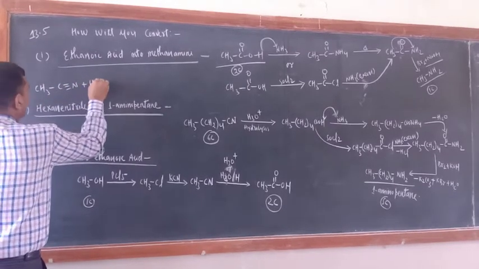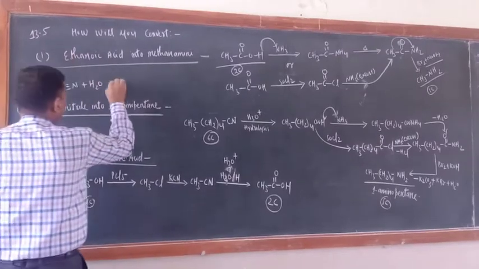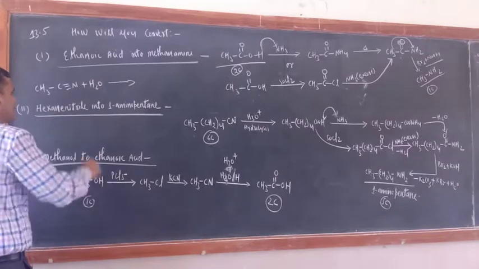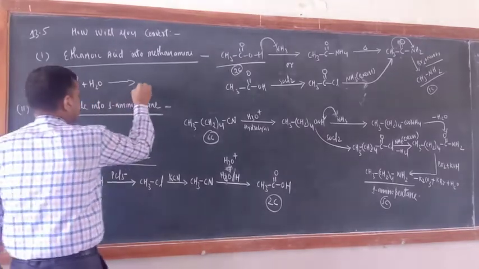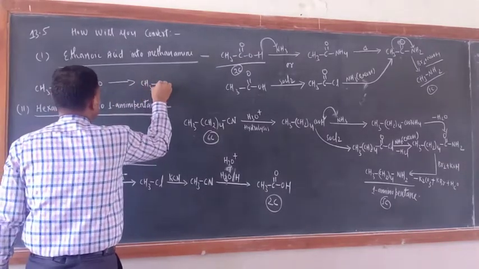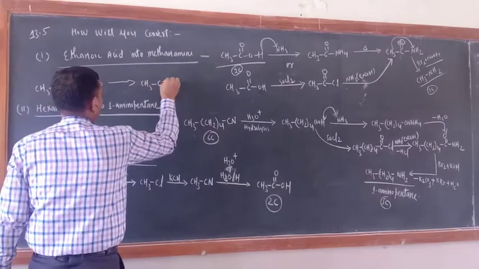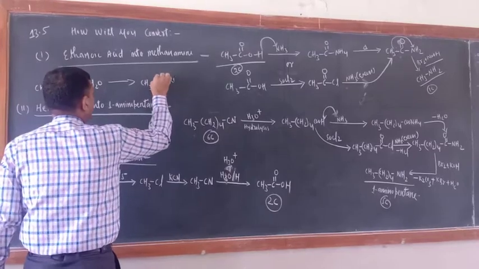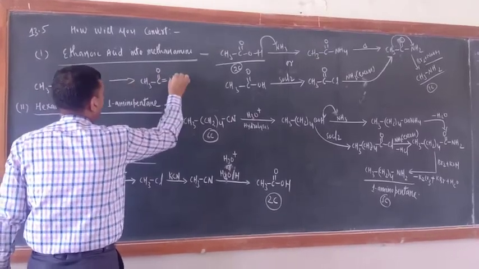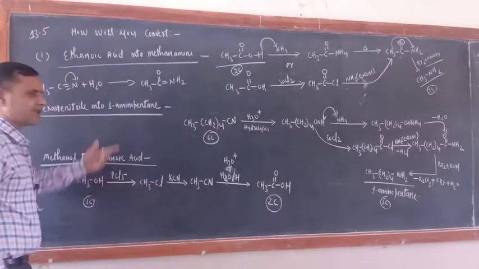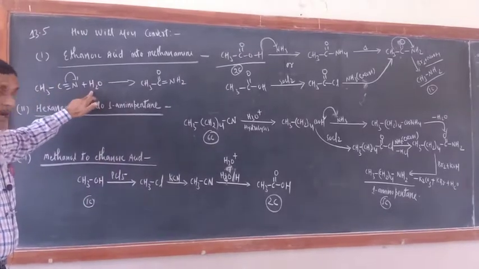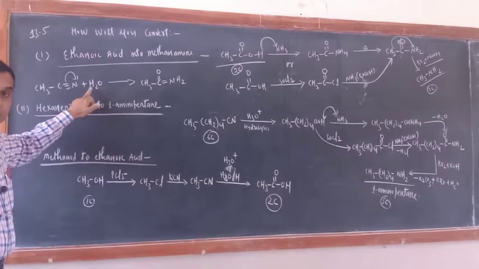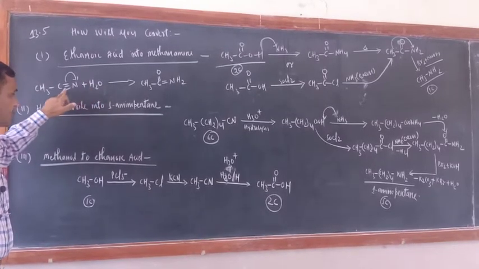Suppose you are reacting with water, 1 molecule of water. So water means what is there? 2 hydrogen, 1 oxygen. Shift this bond here. So what would be here? CH3C double bond N, correct? Now 1 oxygen atom you add here, and 2 hydrogen you add here. Just see, amide you have got. You are adding only 1 molecule of water, that is why it is known as partial hydrolysis. So what is the partial hydrolysis product of cyanide?